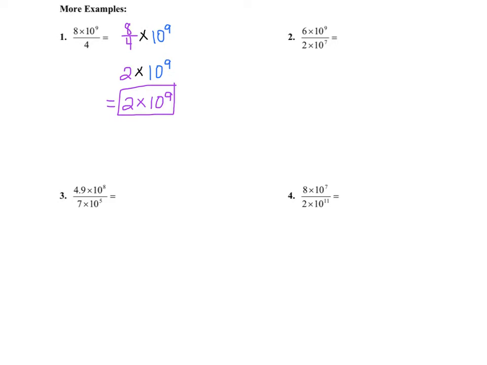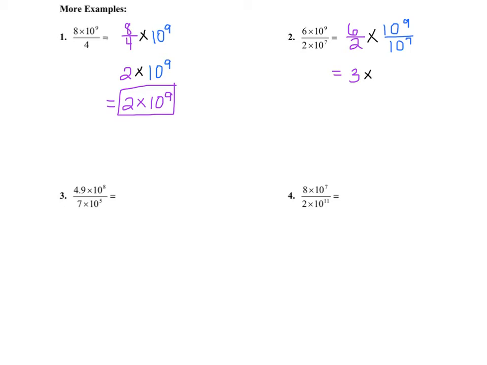6 times 10 to the 9th divided by 2 times 10 to the 7th. So let's separate it. We have 6 over 2 times 10 to the ninth over 10 to the seventh. Okay, your first step, you want to divide your numbers. So 6 divided by 2 is 3